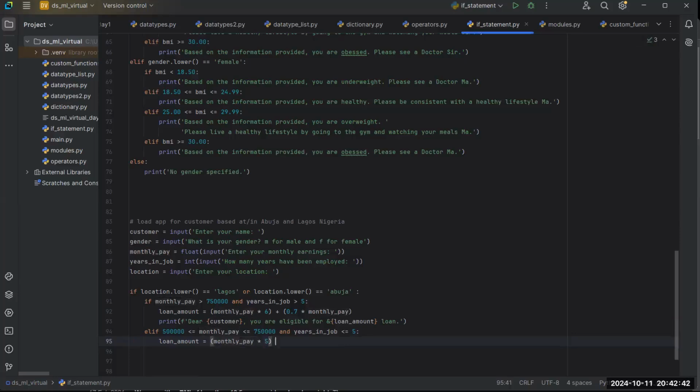Okay, plus, are we giving the same percentage? Should we give the same percentage? Let's give everybody the same percentage, but their monthly pay multiplications will keep dropping. So we now have 0.7 multiply by monthly pay. Okay, so it should now help us and print